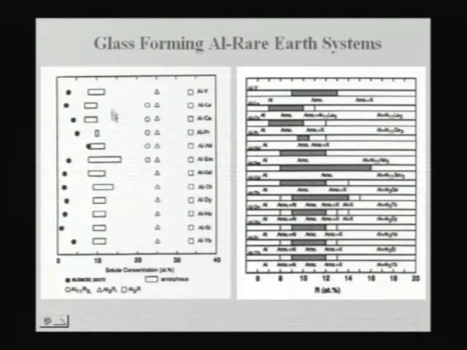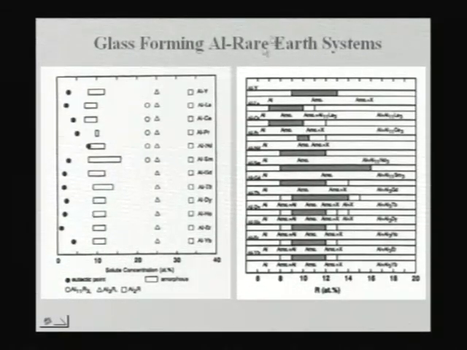which is close to the actual deep eutectic compositions, the eutectic compositions. I won't say deep eutectics, there are not really very deep eutectics in these systems. So these compositions are close to the eutectic compositions, and this also shows you that there are certain intermetallic compound forming compositions which are shown here. So the glass formation occurs away from these intermetallic forming compositions.